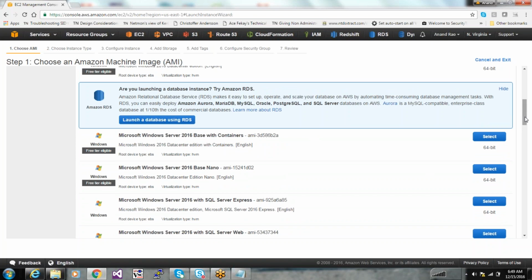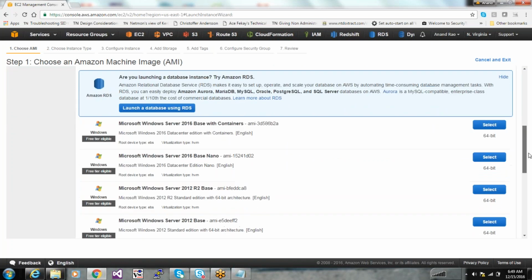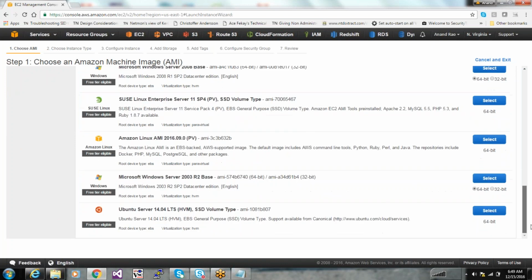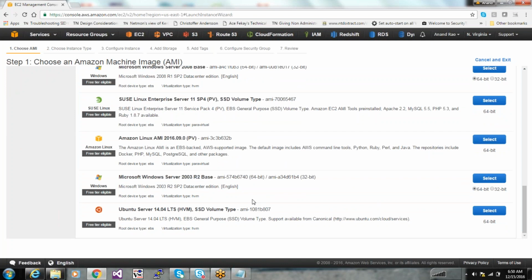They are there for you for testing and development purposes. If you fear any accidental selection, you can simply click on Free tier only, and it will show only the ones which are in the free tier. You will not be charged for any of these upon selecting them.